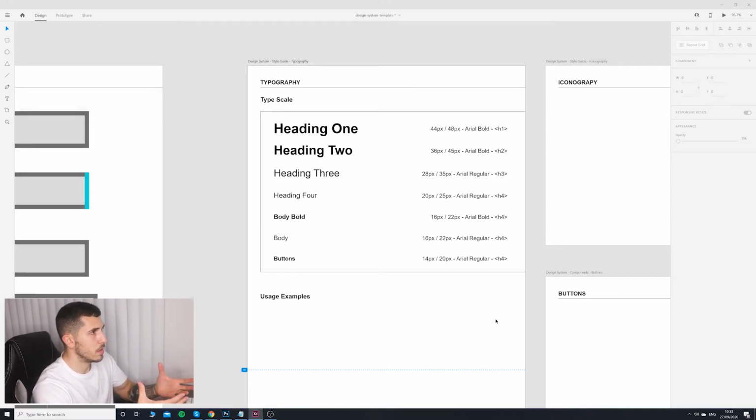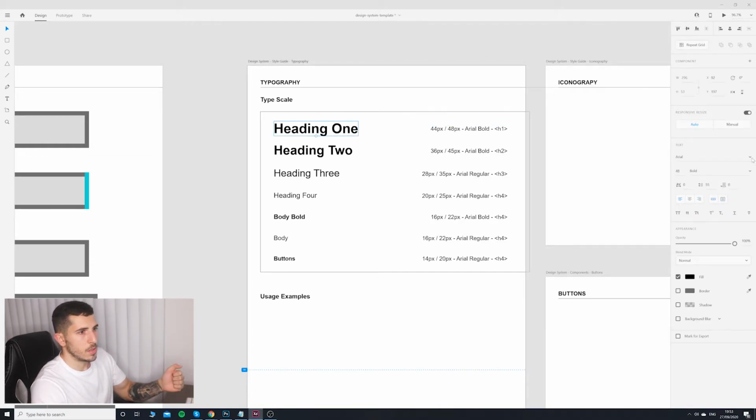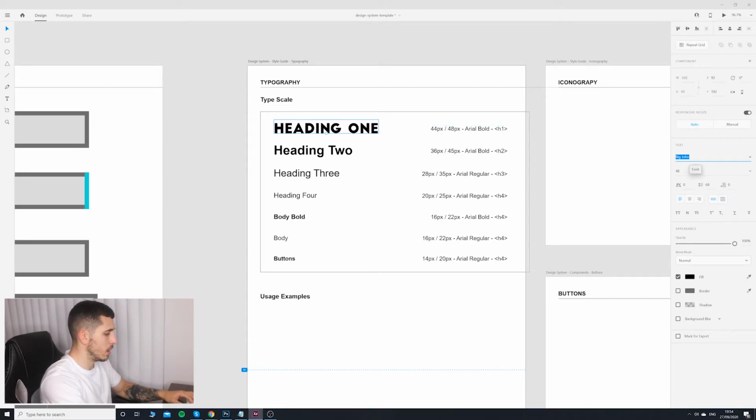So in my template I use Arial bold for heading 1. But let's say I want to customize this and I want to use something else for my brand. I think I'm gonna go with Roboto bold